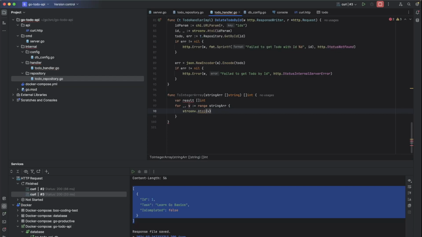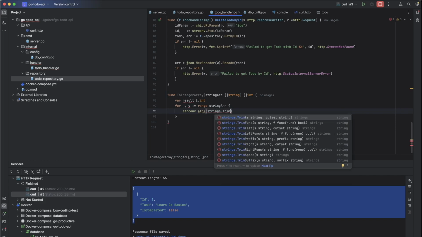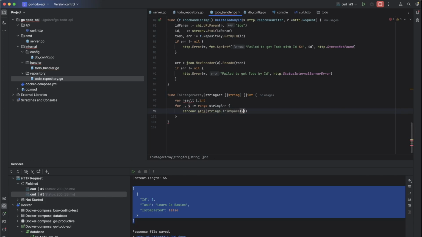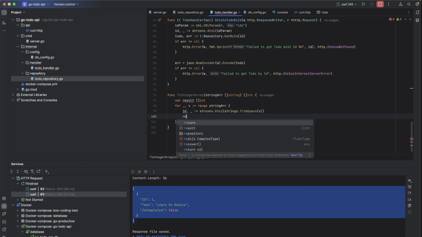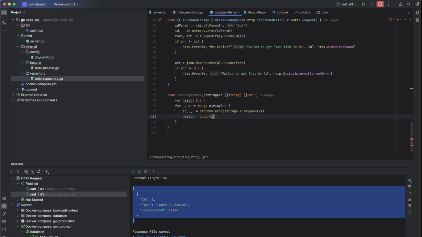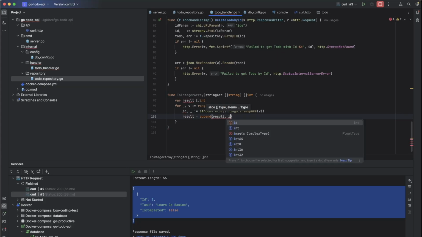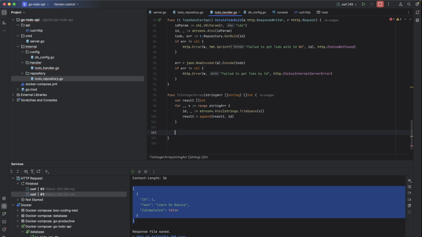We will trim it first, strings.TrimSpace from the value. It will be returning our ID, and we will just ignore the error. Appending result is append from the result, pointing ID, then return the result.